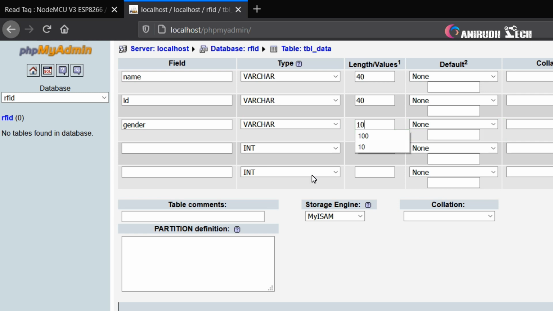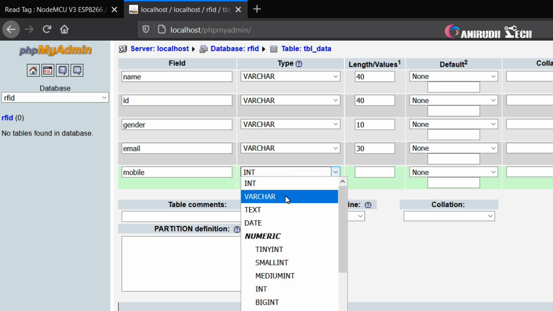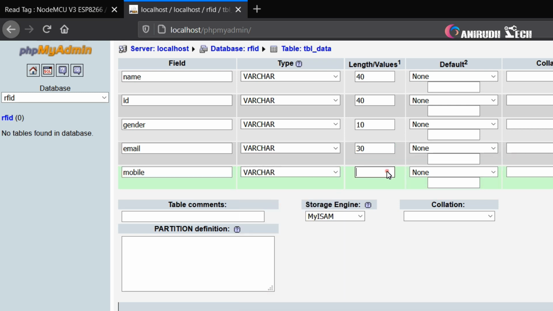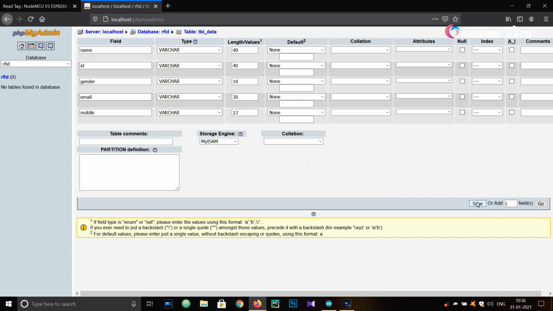Okay, and next is email, varchar, and I'm giving 30. Okay, last mobile number, we're just giving mobile and it is also varchar. You can give any data type and length value there, and just click on save.